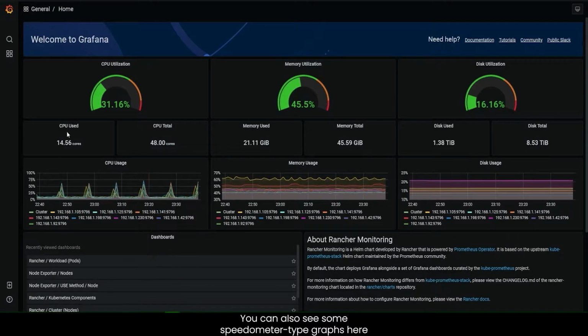You can also see some speedometer type graphs here that tell you if you're redlining a particular resource or not. CPU, memory, and disk utilization looks pretty good here.